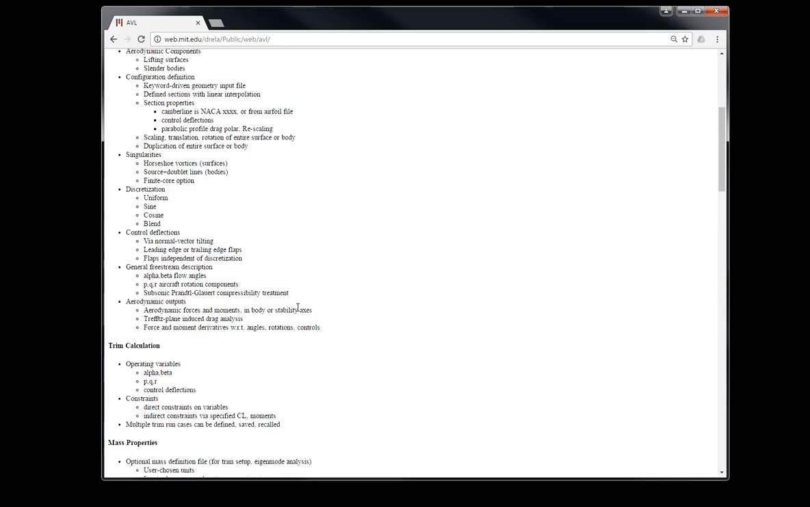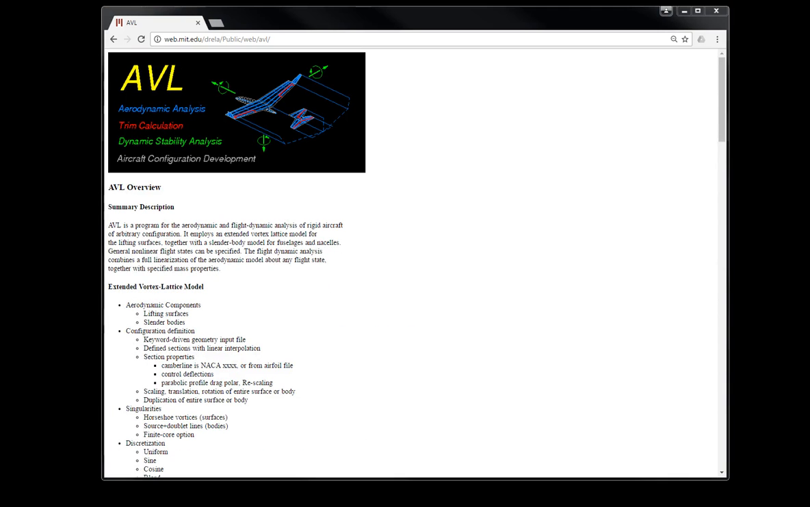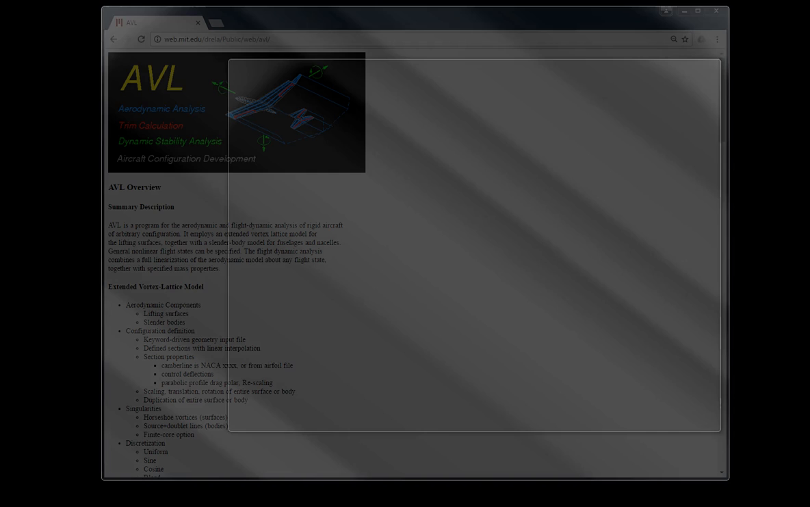This AVL is for fixed wing aircraft. I don't think it's very useful for helicopters and rotorcraft, which is probably another reason why people don't use it. Anyway,